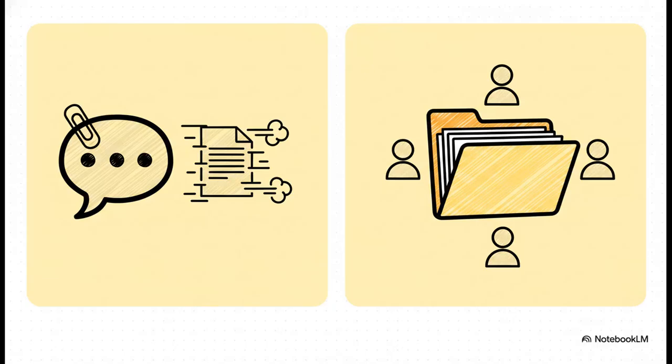Okay, quick word of warning here, because you definitely want to avoid the most common beginner mistake: mixing up the 2 different types of uploads. So you'll want to use chat uploads, that's using the paperclip icon, for quick one-off analysis. Because when that specific conversation ends, the file is forgotten. But for recurring stuff, like maybe your team's style guides or massive product specs, you'll want to use project uploads. Those files actually persist, meaning your entire team can query them over and over again across different conversations without having